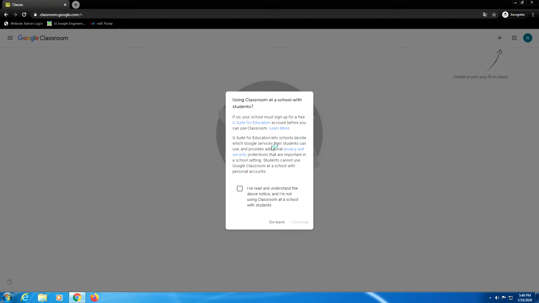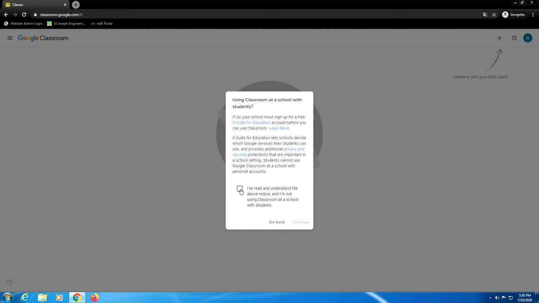So in case a school has a G Suite for Education account, it is always better to create a Google Classroom using that account, because you get a lot more features and facilities, and even your space is unlimited compared to a personal account. Why? Because in a personal account you get a maximum of 15 GB of space, which is used for your entire Google services, including Gmail, Classroom and all those things, whereas G Suite for Education is completely free. And if you don't have a G Suite for Education account, don't worry, we can go on creating a classroom with the same account.